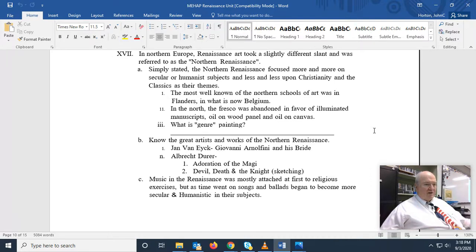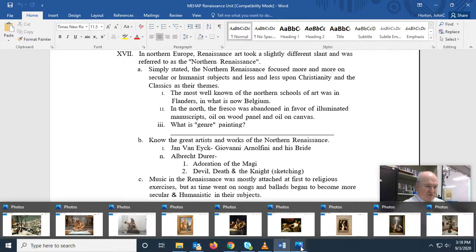They were all on canvas, and she saved them. Saved the painting of George Washington. Yes. What is genre painting? Genre painting is a painting that depicts